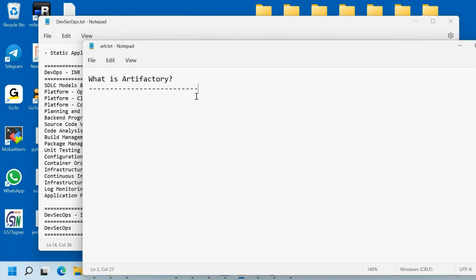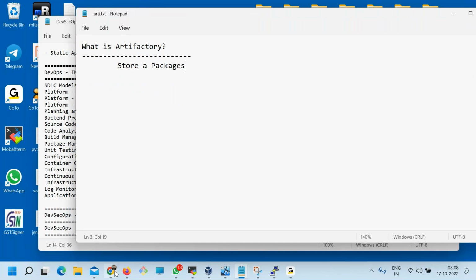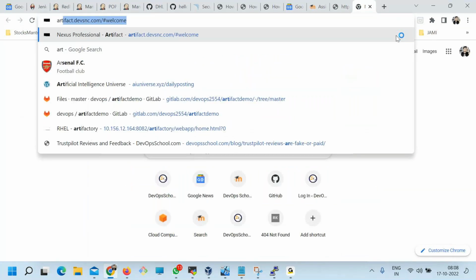So today let's complete Artifactory. So what is Artifactory? Basically, here you store the packages. Remember Git, we use it for storing what? Git we use for storing the source code, but Artifactory we use for storing packages. Now you will say what packages? So let's look at the list of packages